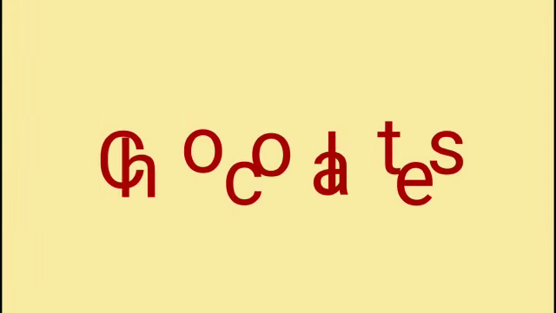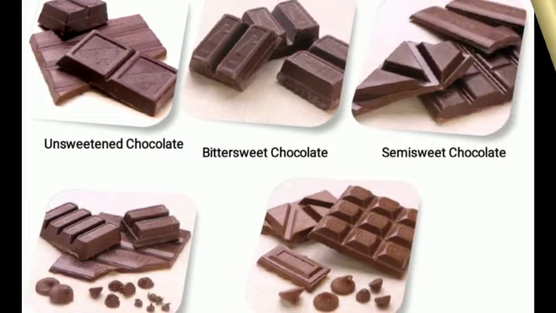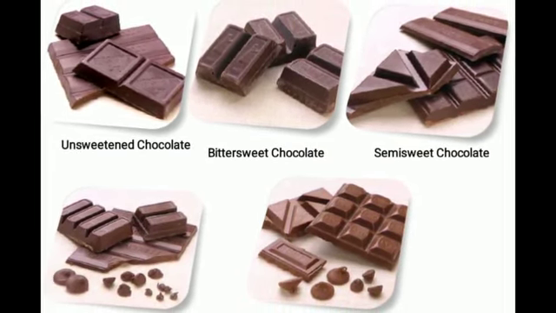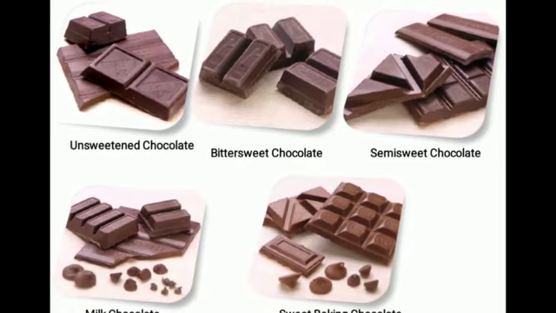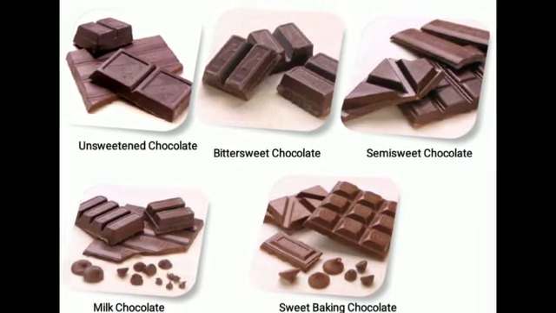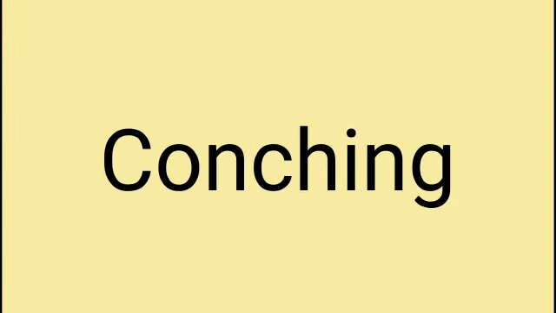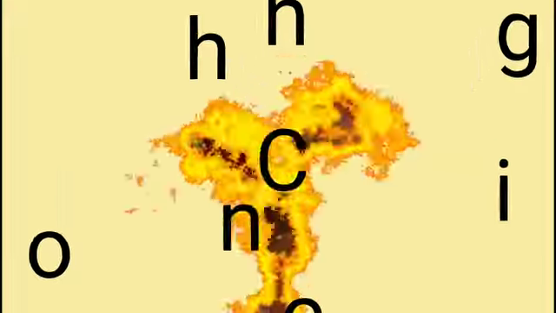Next, let us switch on to the chocolates. There are many types of chocolates like unsweetened chocolate, bittersweet chocolate, semi-sweet chocolate, milk chocolate and sweet baking chocolate. To get these chocolates, the liquor, butter and milk solids should undergo some processes like blending and conching. Blending is the process of sending the raw materials into refining rollers, which will smoothen the texture of chocolate. Next, conching is done. Actually, it is the flavor development process where the chocolate is put under constant agitation.